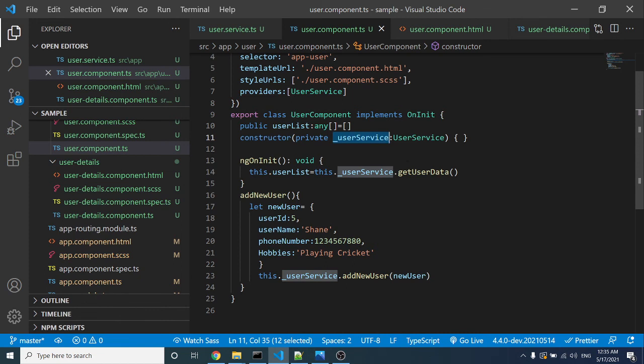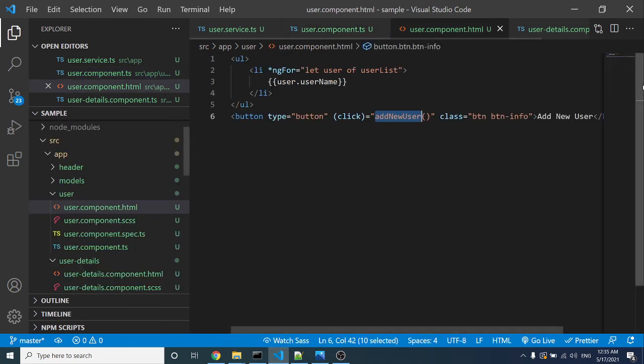If it finds any provider inside this component, it uses this same service and works as expected. If it does not find any provider inside this component, it passes the request to the injector of its parent component, so that it does the task.